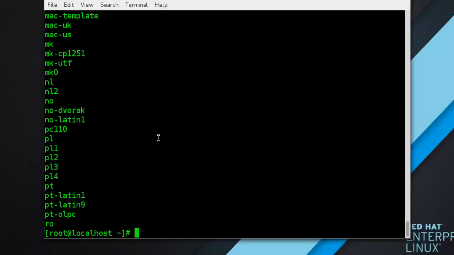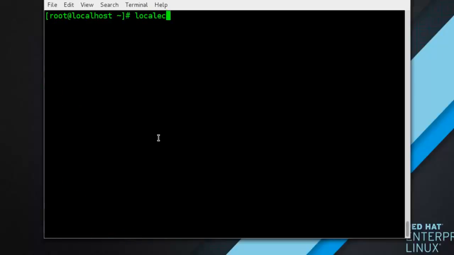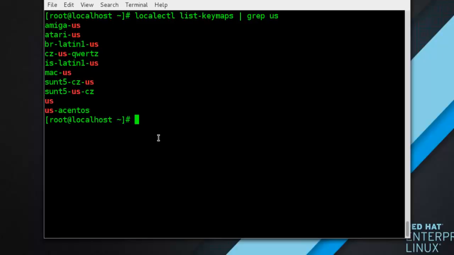For example, to find the available US keyboard layout, type localectl list-keymaps, and we grep the output for us, and you can see here.